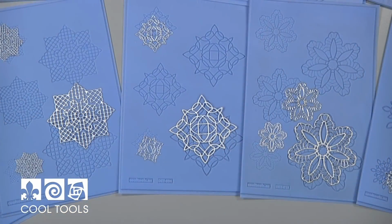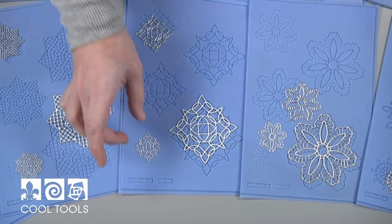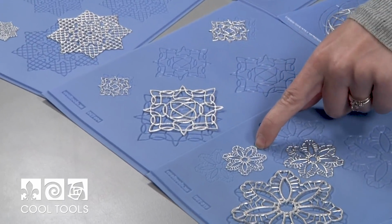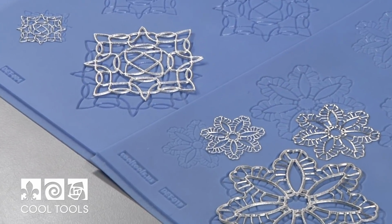In addition to being super intricate and lightweight, these are also a great way to stretch your clay. This one here weighs 1/3 of a gram, and this one over here weighs less than 1/2 of a gram. So it's a great way to get a lot of mileage out of your clay,